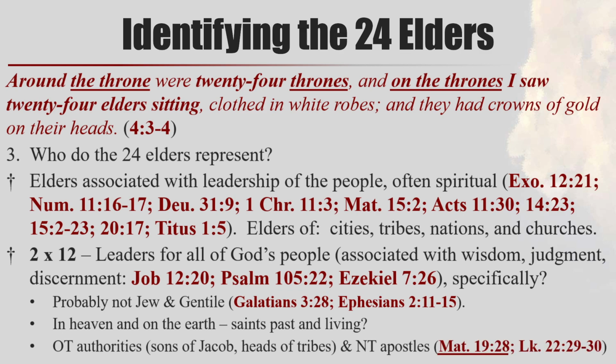I think probably the best, though, is what Jesse said. Again, the 12 tribes is the fundamental basis of that symbol of representing all of God's people. And then in Matthew 19:28, Jesus tells the 12 apostles that they will sit on 12 thrones judging the 12 tribes of Israel. So he specifically makes the connection in a spiritual symbol to the apostles, again, being on thrones and actually judging all of God's people, spiritual Israel, if you will. So I think that's probably the best explanation. So again, they represent all of God's people before the cross, after the cross.